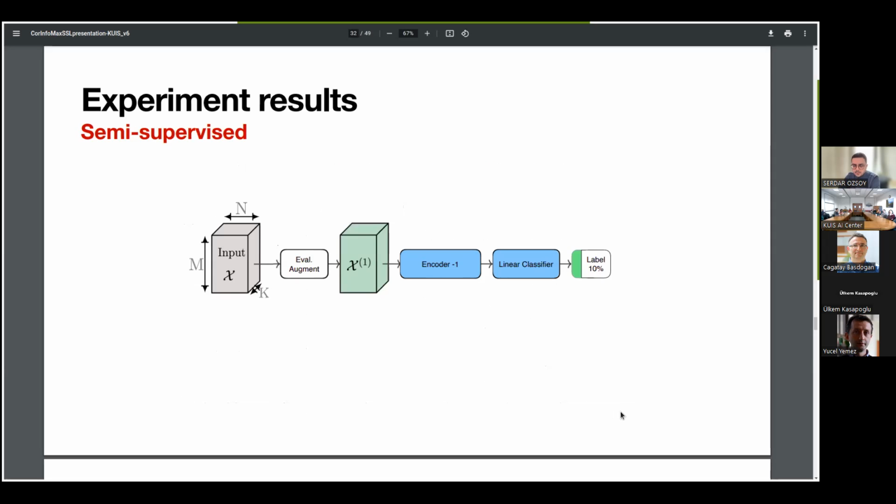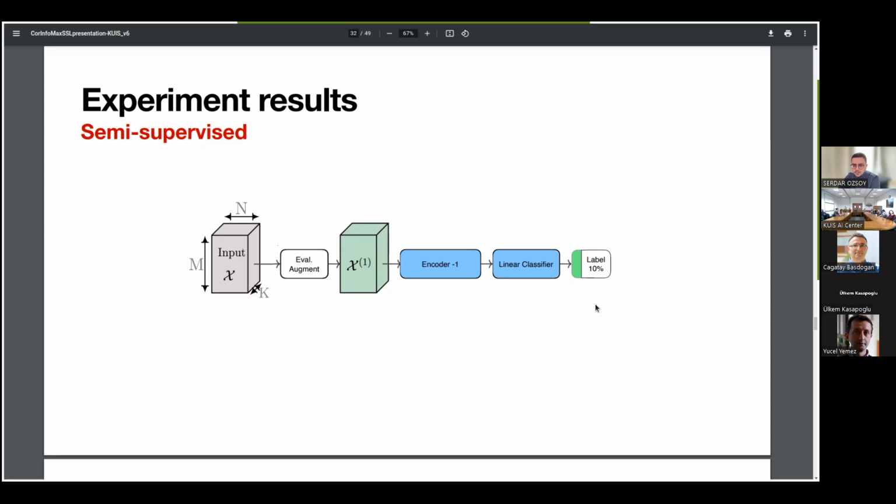So another thing that we wanted to evaluate also is whether the learned representations can easily adapt to new tasks, given a small data set. So to do that, we follow a semi-supervised approach, which is basically after pre-training using CorInfoMax on a large unlabeled data set, we then fine-tune both the encoder as well as the linear classifier on a small subset of a data set.